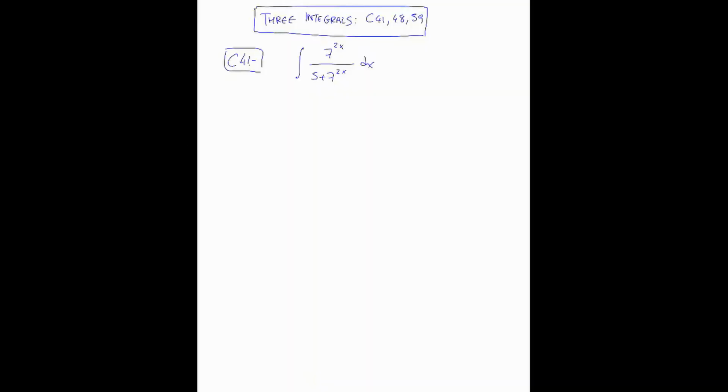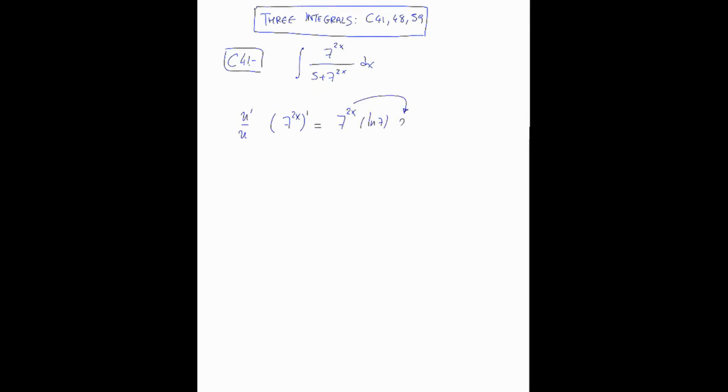In this video, I will solve problems 41, 48, and 59. Problem 41 is this integral you see here, and this should remind you of the type u prime over u, because the derivative of 7 to the 2x is not exactly 7 to the 2x, but it's quite similar. This is the derivative of the exponential: it's the exponential, times the log of the base, times the derivative of